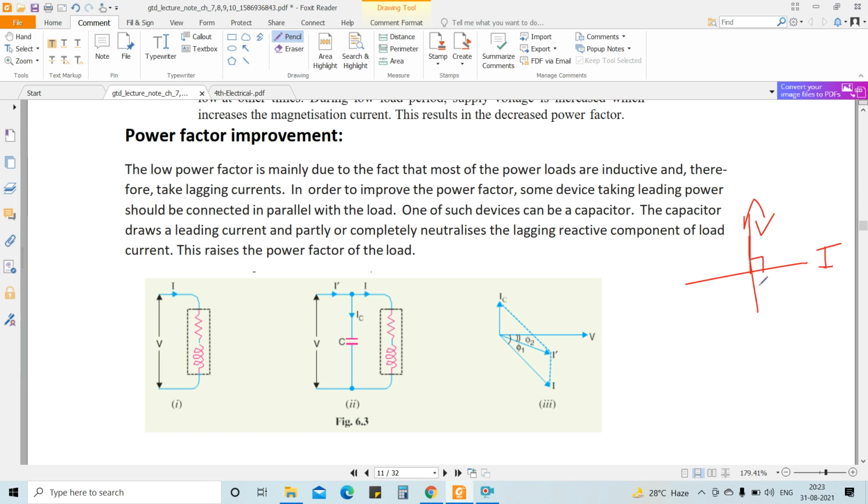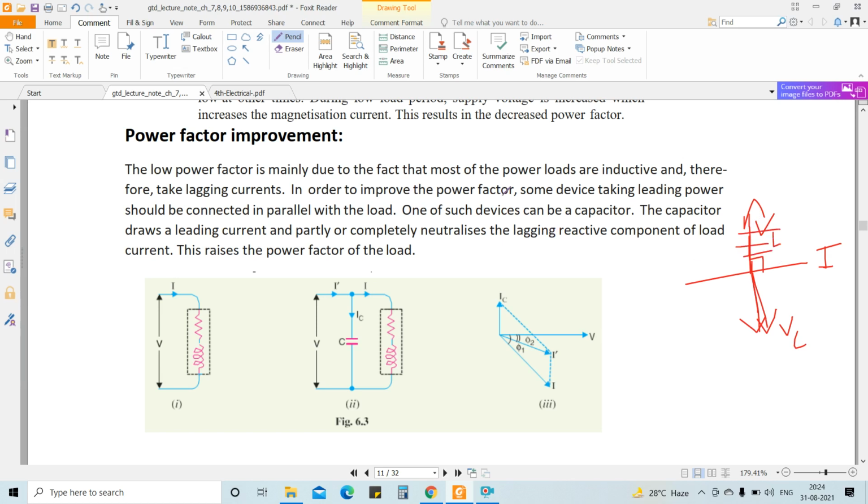Okay, what does the capacitive load do? In case of capacitive load, current leads voltage. That means the voltage is in this direction. So the net voltage is reduced, the overall voltage is also reduced, and the power factor is improved. So this is the inductive voltage, this is the capacitive voltage. This capacitive voltage neutralizes the inductive voltage level. It decreases the voltage level.